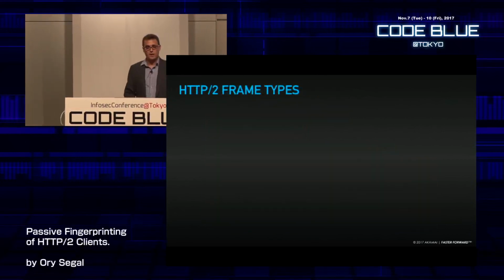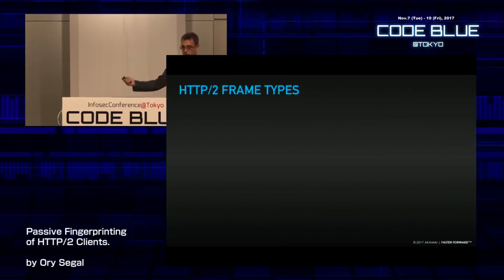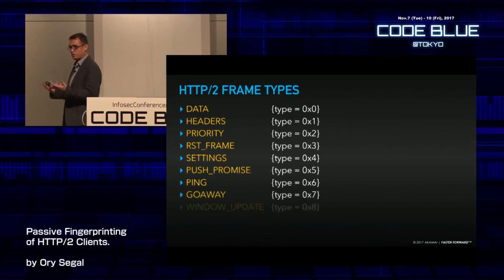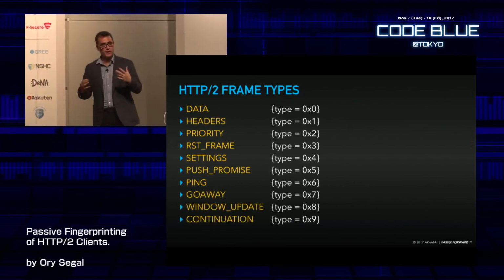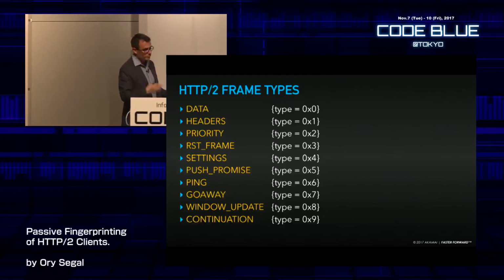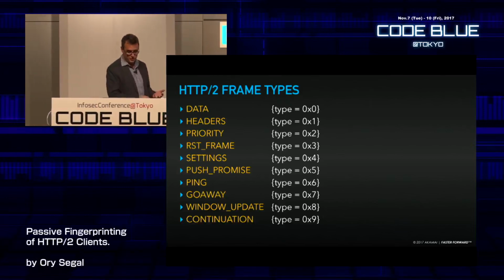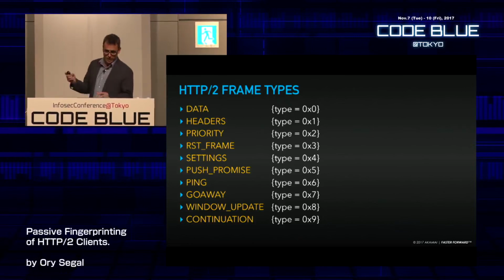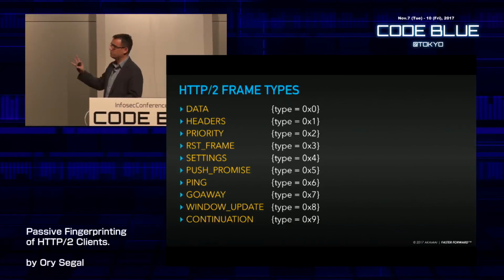So what frame types? We just saw one, headers. Let's see what frame types exist. So we have data frame. So let's say I asked for a request, I got a response. The response will come back. The chunk of response will be back inside the data frame. We have the headers. We have a priority frame, a reset frame, settings. I'm not going to read all of them. We'll get back to a few of those in a second when we start fingerprinting clients.